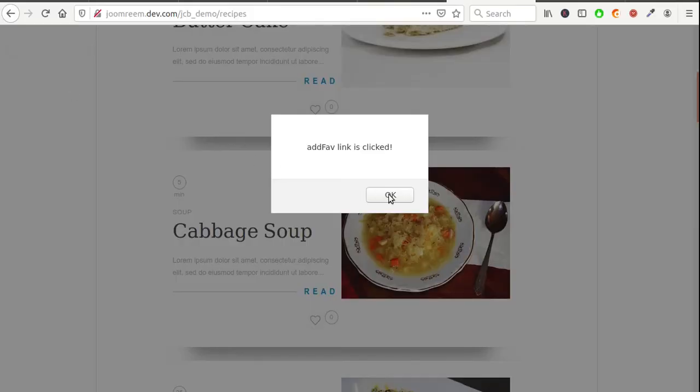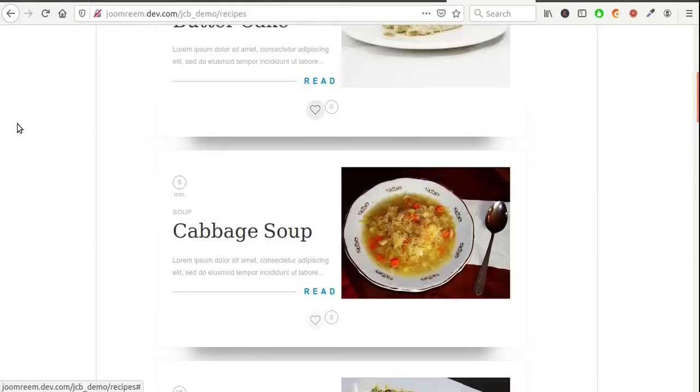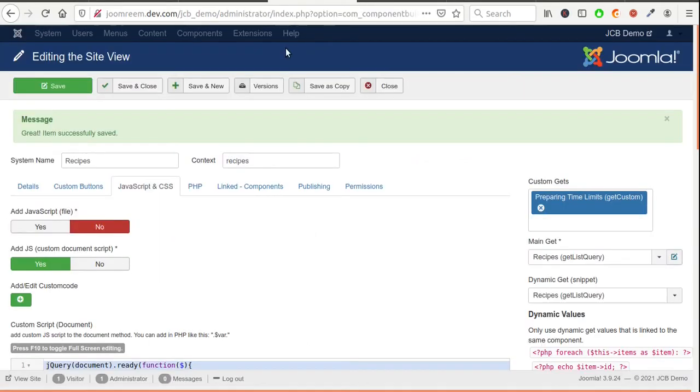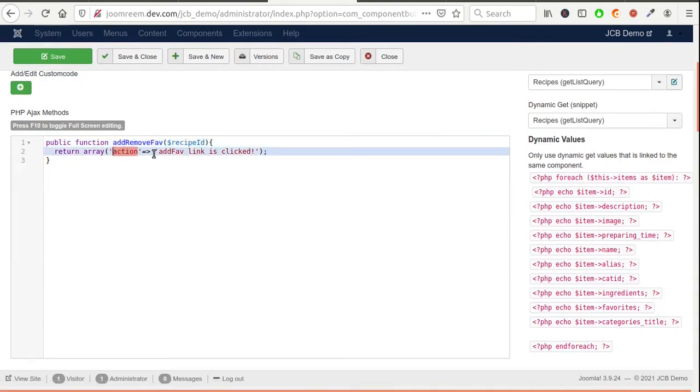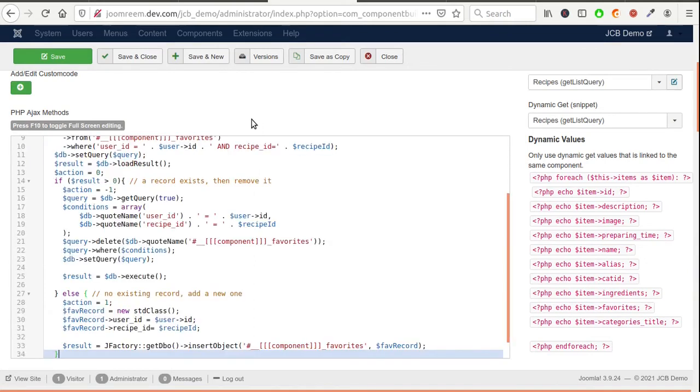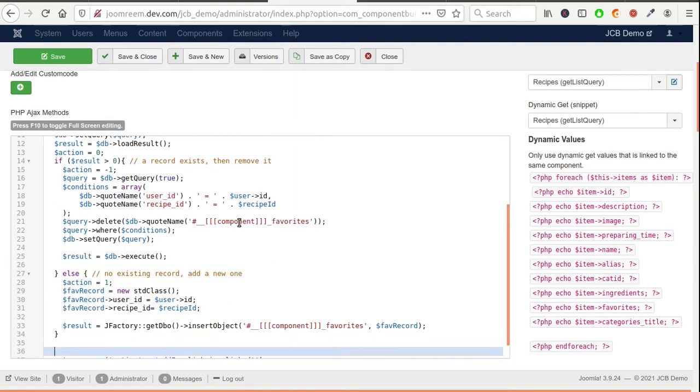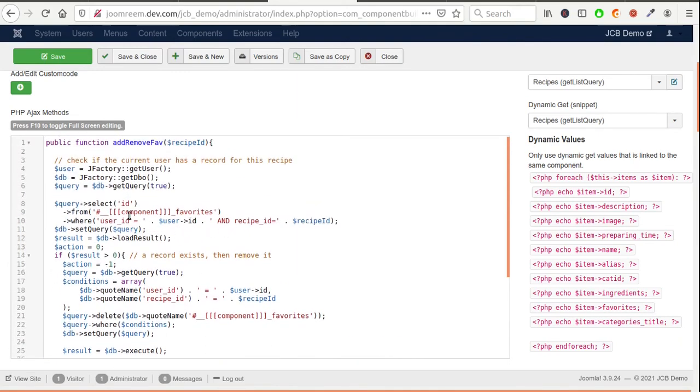Well, let's make it more complicated and modify the Ajax model method to insert a record in the favorites table if no record exists for the current user and the recipe ID, and remove it in case it exists. This way, we will use the same method to add and remove recipes from the favorites list.